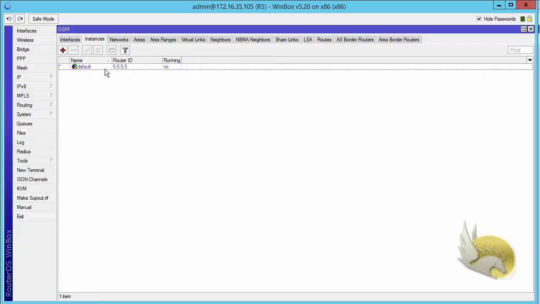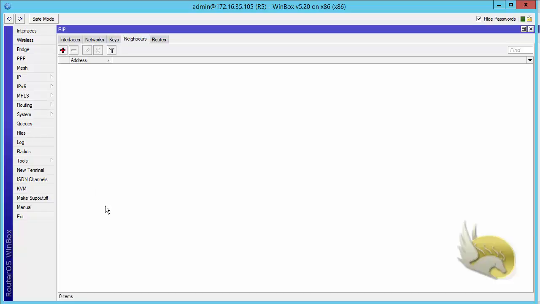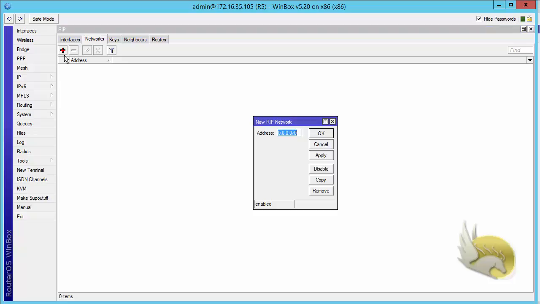I don't want to configure OSPF. So when there is no network here, OSPF is not running. So close this, go to routing RIP. Now under routing RIP, I need to add some networks. The network is going to be